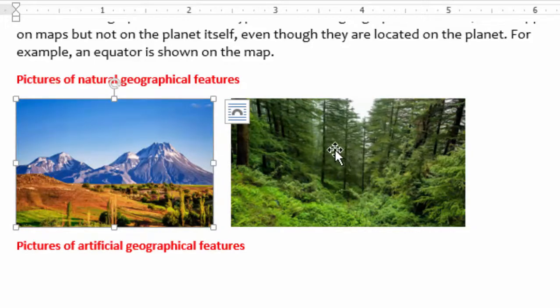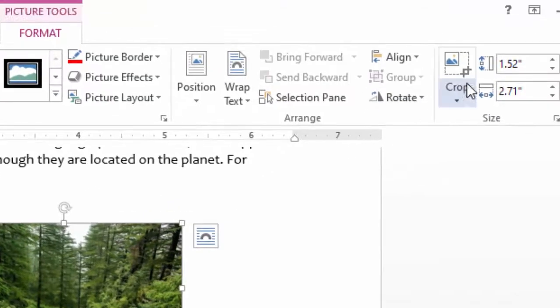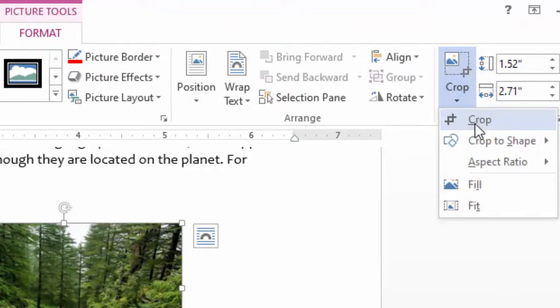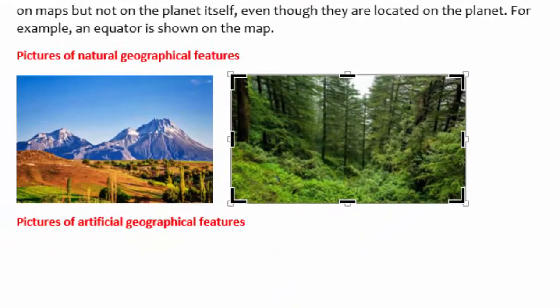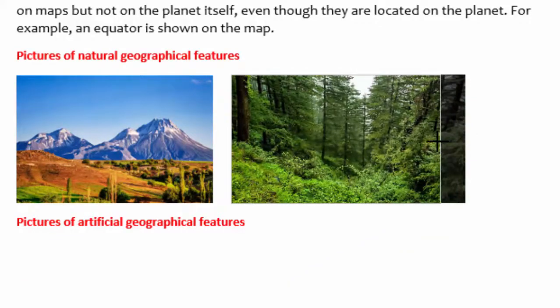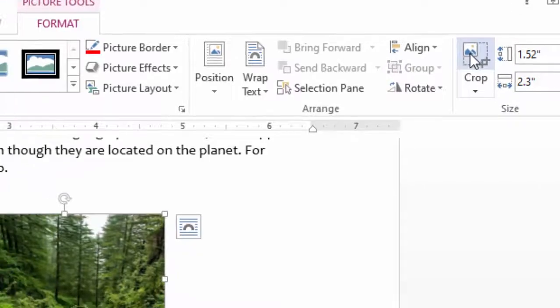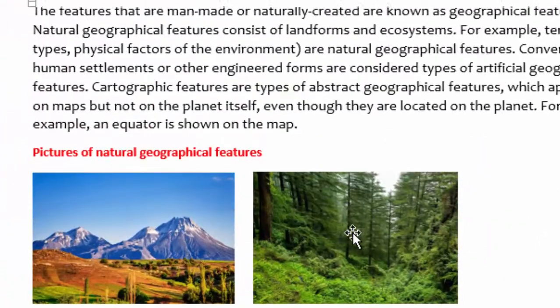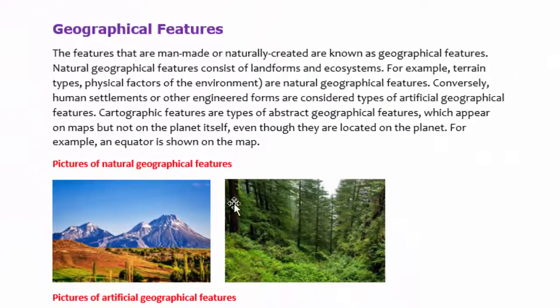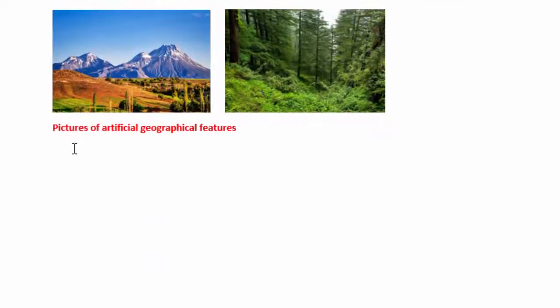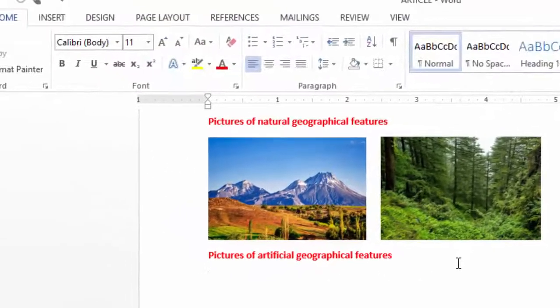So I will crop it. I will click the picture, then come to the crop tool and choose crop. Then I will just reduce it to a desirable size, almost the same size as the other one. Then I will click crop there. Now you can see the pictures are the same size. I will click down here and